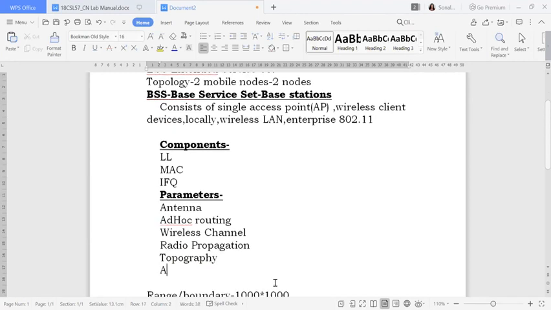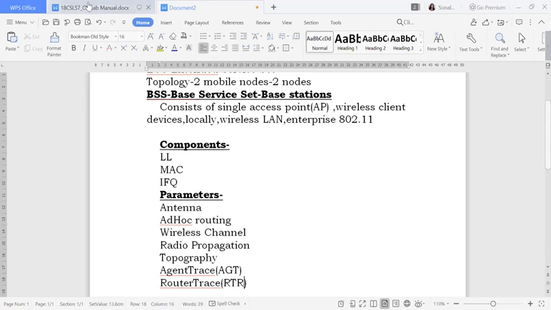Then one more is there, agent trace, and one more, router trace. So all these things are your parameters. In short form, we use AGT for agent trace and RTR for router trace. So these are the parameters which we are going to use in our program.